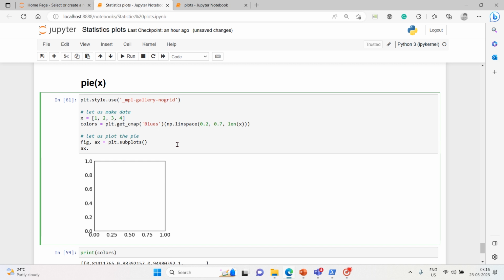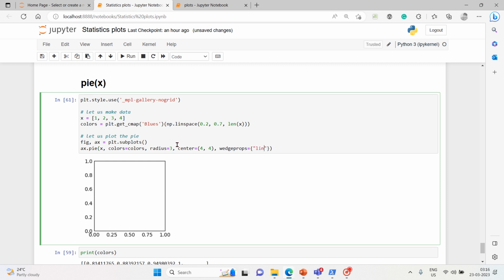So ax.pie of x is obvious, and colors, I'll use the colors variable that we have defined, and then radius is 3 and center is top left, 4 comma 4, and a few more arguments we need to add. It's wedgeprops,